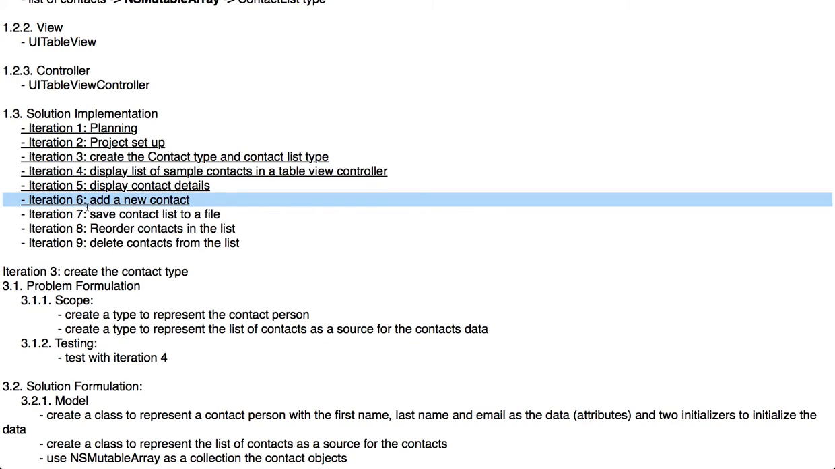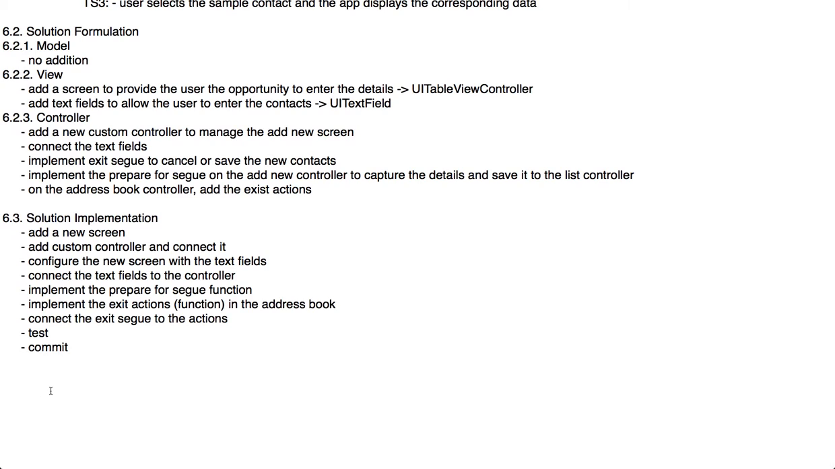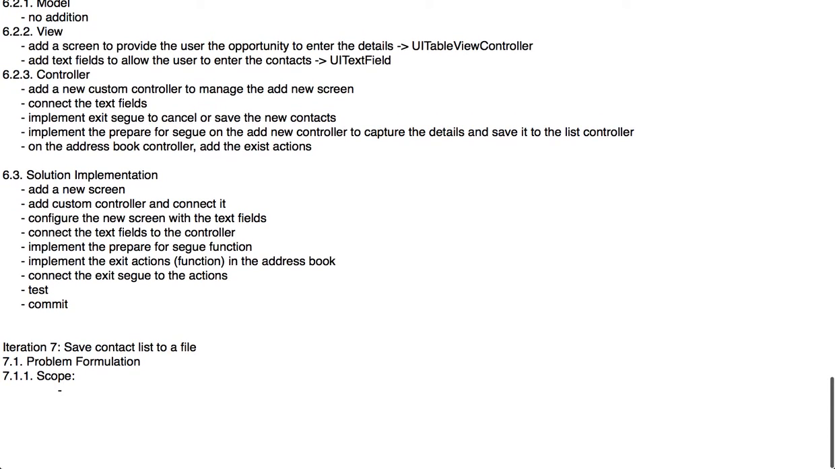So this is our next iteration, save the contact list to a file. So this is iteration 7, save contact list to a file. And the scope is clear, so problem formulation, although it has actually subsets. So in the scope, we'll need to have that the list of contacts is saved to a file, but that